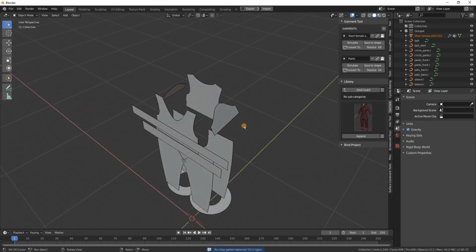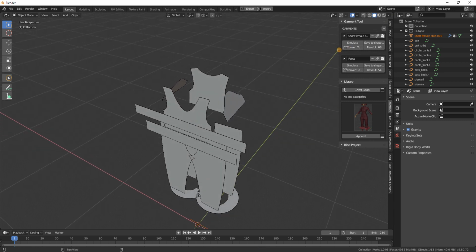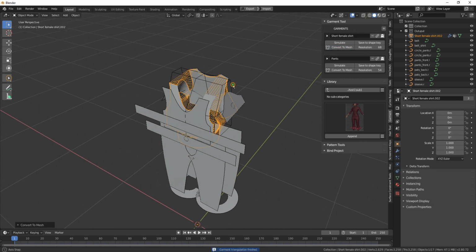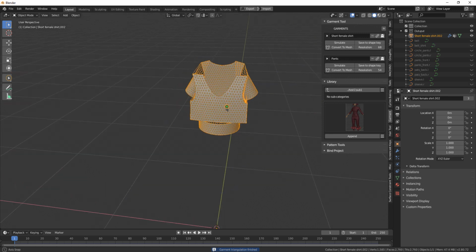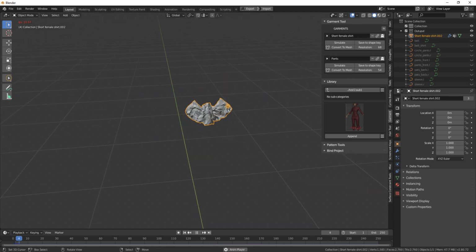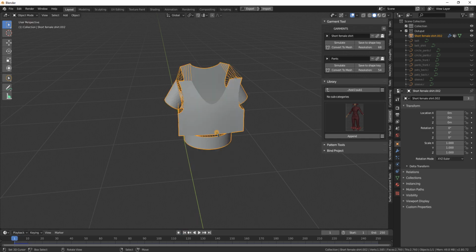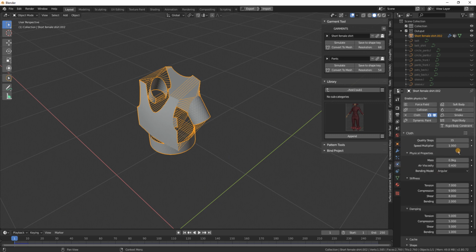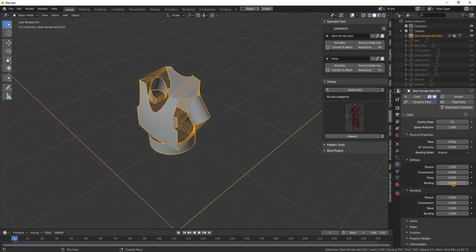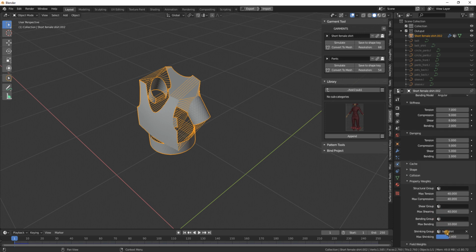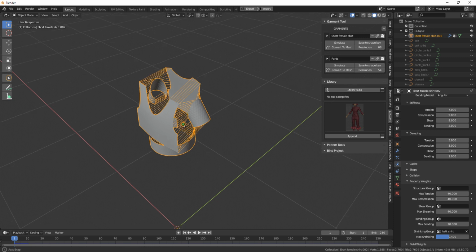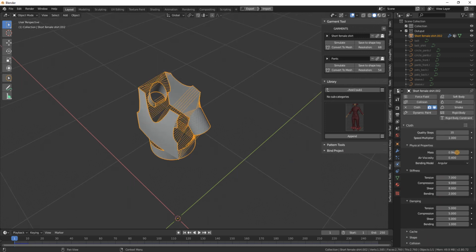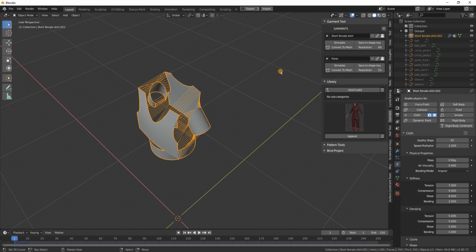So to convert this now to mesh, you just use convert to mesh button. I will now isolate the result. This is what we have, and if I press play, it will simulate. We have no collision mesh, so that's why it doesn't look so good. But the cool thing about this is that the garment library stores not only the sewing patterns but also the cloth properties and also the bevel weights, the vertex groups. So yeah, if you have set up something, everything will be stored in this preset.